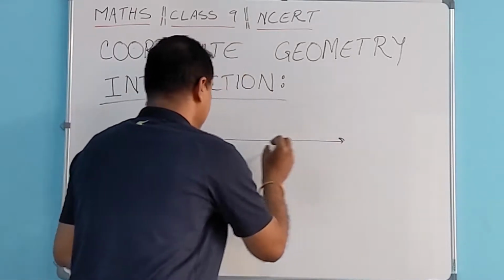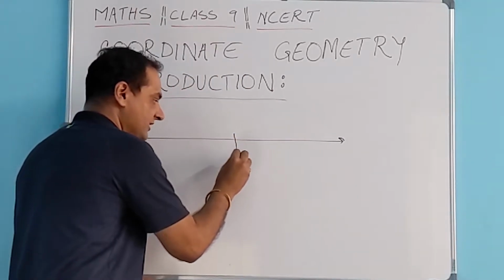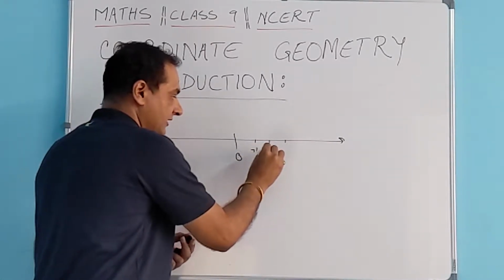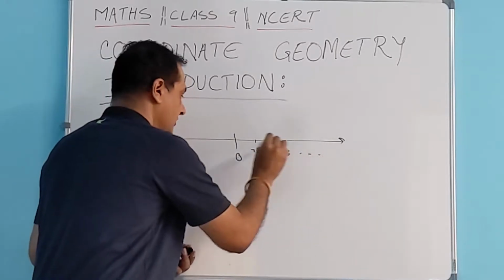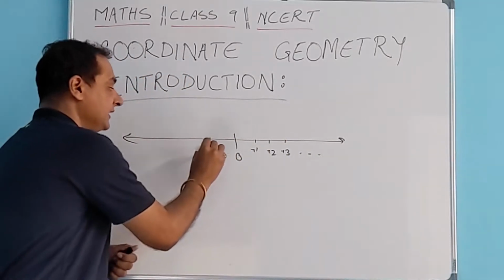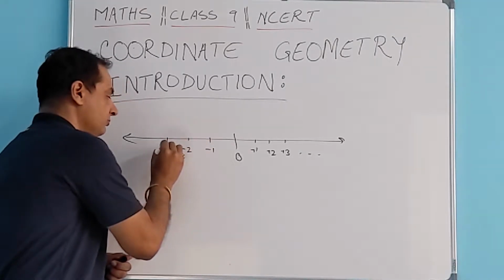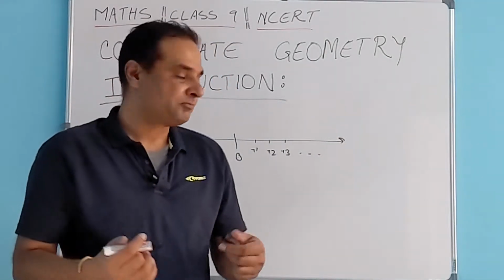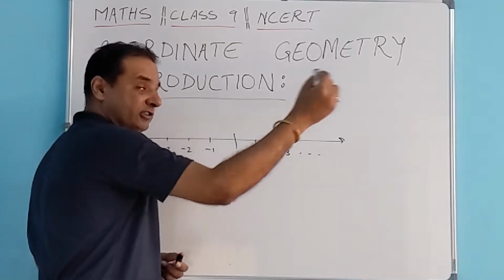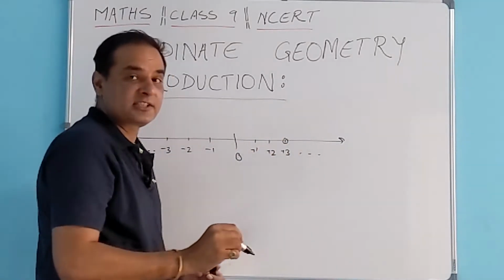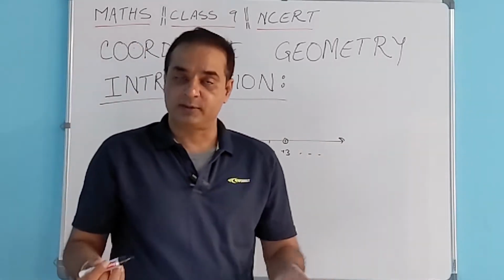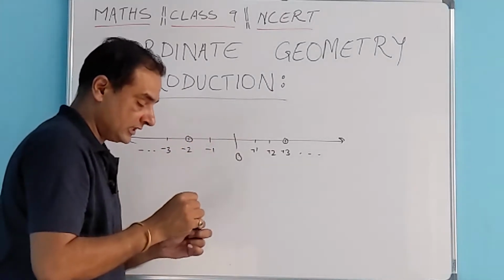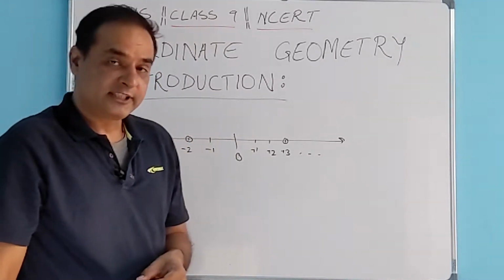We already know number line is represented as a line where we have 0 and all the numbers on the right hand side, they represent the positive values, say positive 1, positive 2, 3 and so on. And in the same way left hand side पे negative values -1, -2, -3 and so on. तो अगर हमें यहाँ पर एक पॉइंट प्लॉट करना है say +3, so we go to 0 and count 1, 2, 3 on right hand side and we see this is +3 point. लेकिन अगर हमें -2 पॉइंट प्लॉट करना है, we again go to 0 and we go to the left hand side and we say 1, 2, so this is -2. So this is our number line which we have already read.